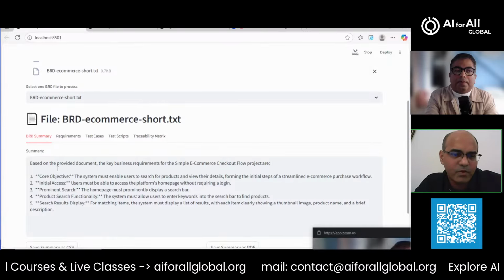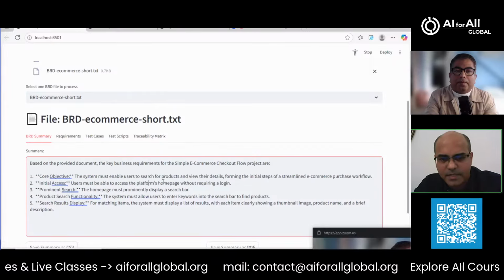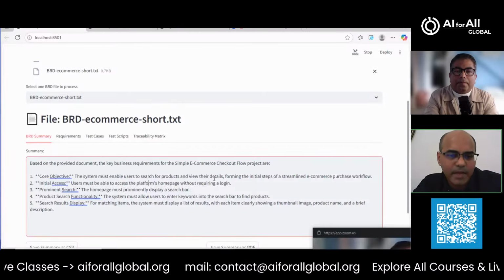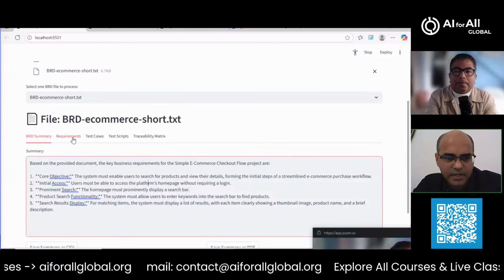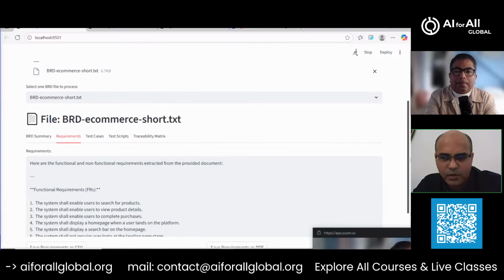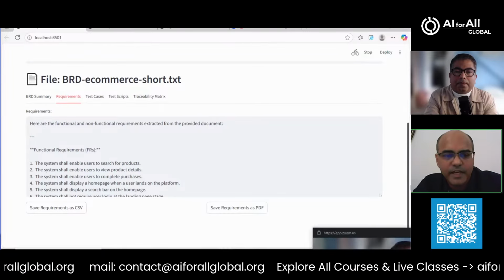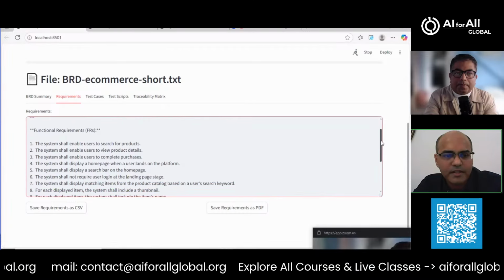So here we're able to tell what are the core requirements in this BRD. It tells us that the system is one kind of e-commerce system. It requires payments, it requires a search page, etc. And when you go here, it also automatically brings up very specific points on what are the functional requirements.